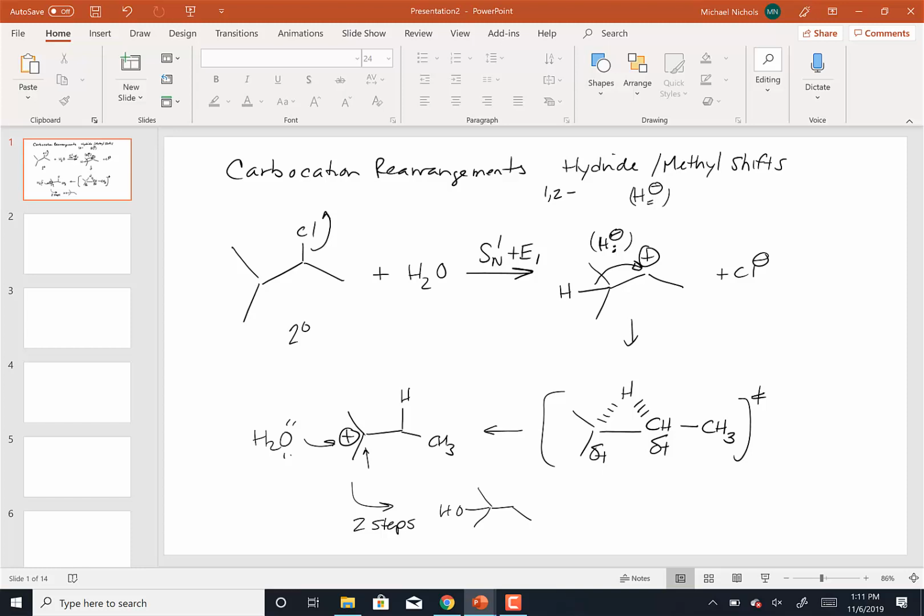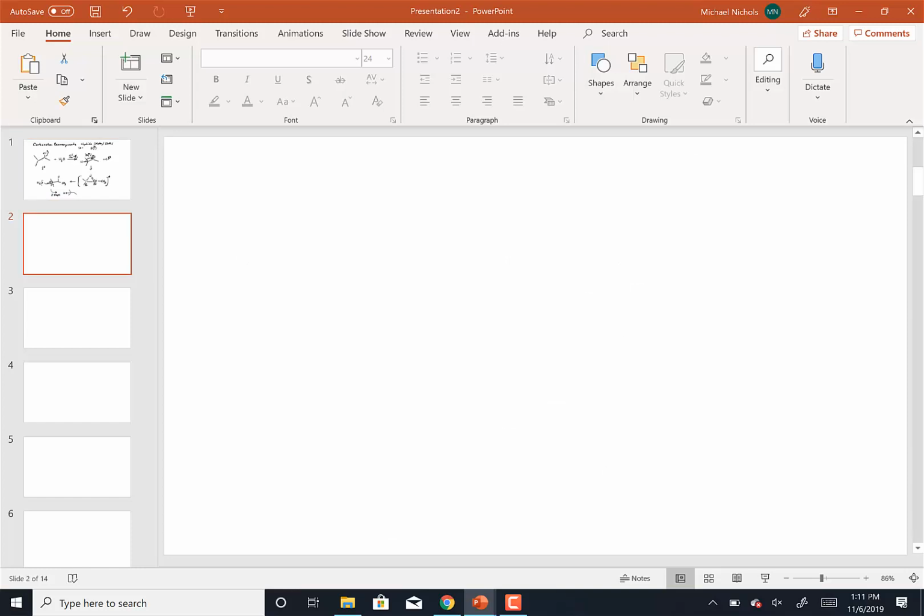Now, what about a primary system? Can a primary system undergo a shift? Yes, it can. So let me show you what that mechanism is going to be, because that's going to be a little different, right? I still cannot write a primary carbocation, right? That's still not allowed. So let's take this system. So let's take an isobutyl chloride. And so in this isobutyl chloride,